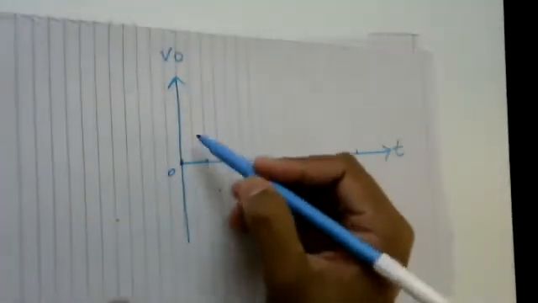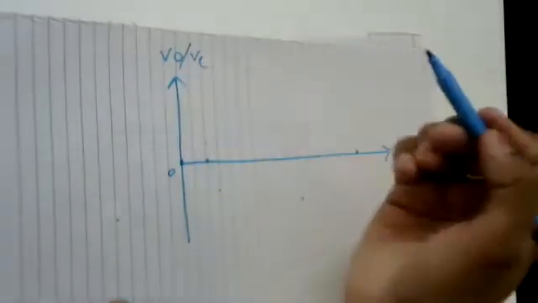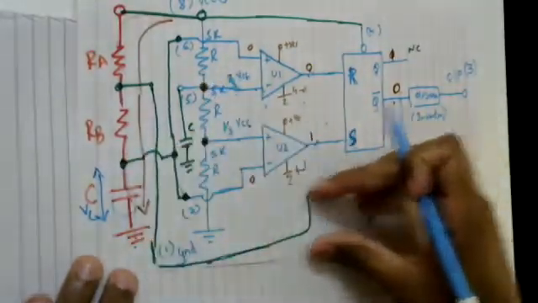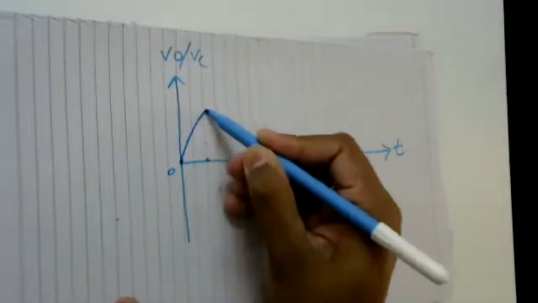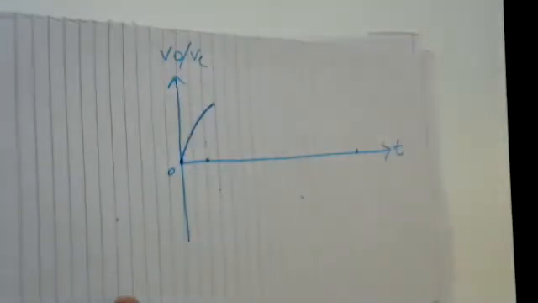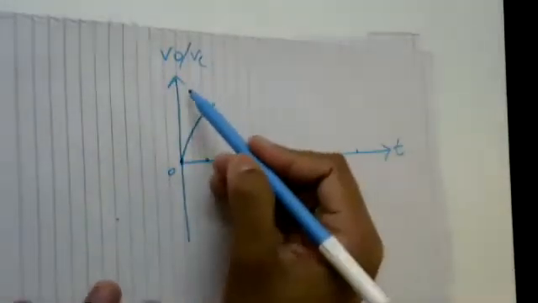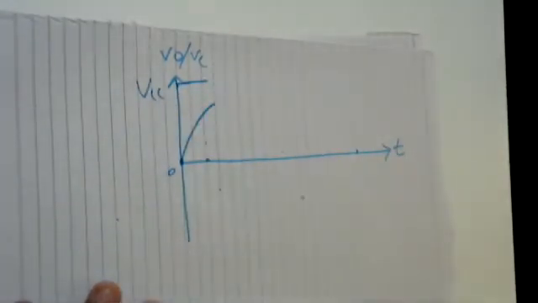Understanding? Now if I see what is the voltage, this is the voltage across the capacitor, VC. I am drawing for this voltage now. So this is my VC. I am going to draw what is going to occur at this pin number 7. If I see this voltage, it is charging now. But what is the output voltage? Output voltage will be VCC. So this is VCC.